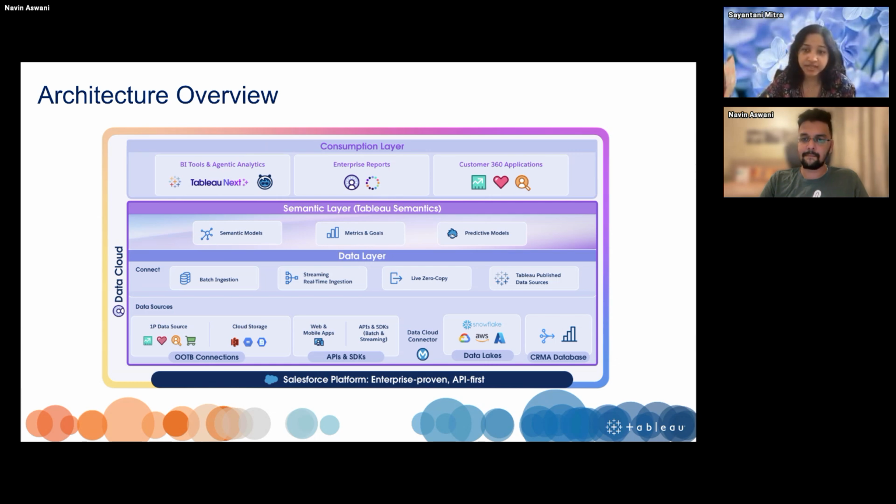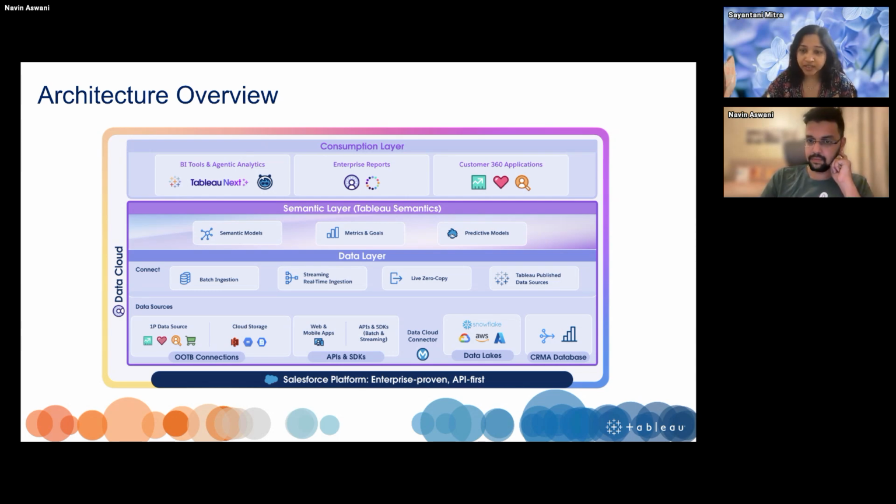One of them is, does Tableau Next cost additional licenses? Yes, Tableau Next is additional licenses. And though it uses data cloud as the base, it is still consumption based because ultimately you are using data cloud. That is at least what we have been told. So yes, you do have to pay extra for getting Tableau Next.